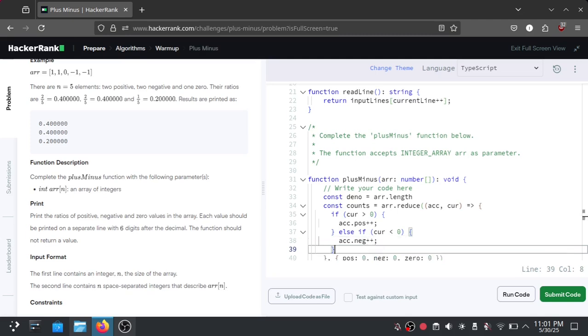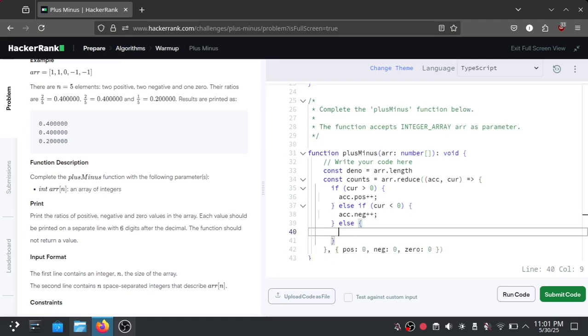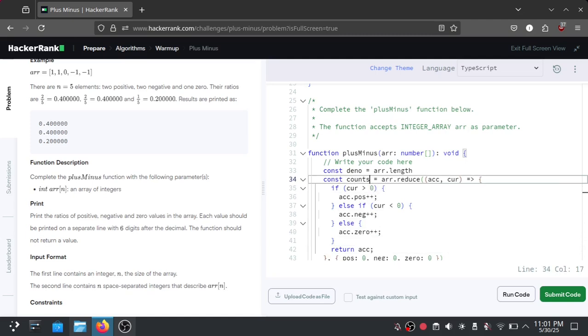And for the final one, of course, we are counting the 0 itself with the zero plus plus, and then returning after all of the iterations are completed. We are returning the accumulator, the temporary value,